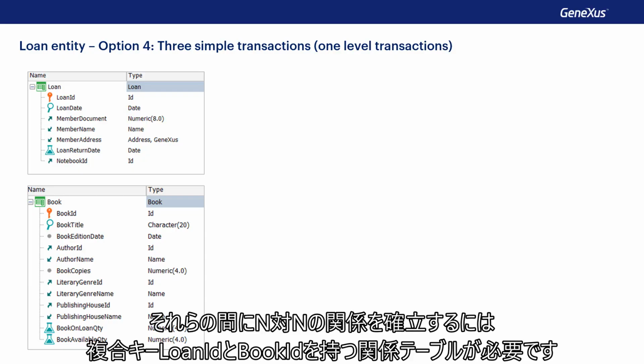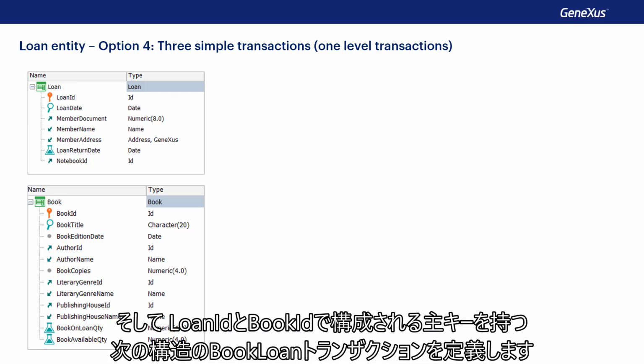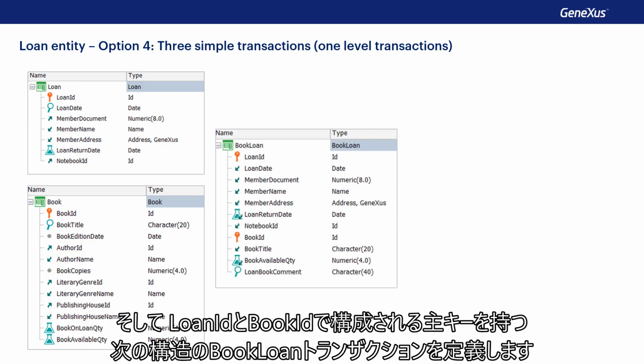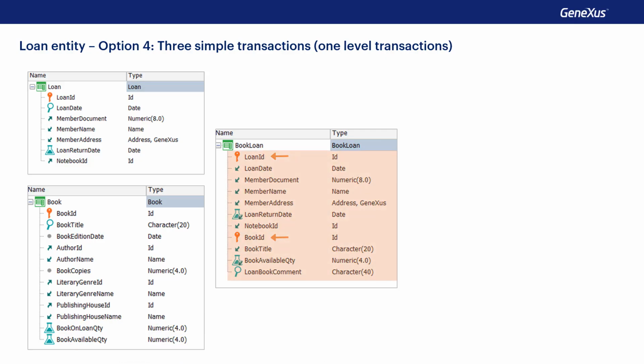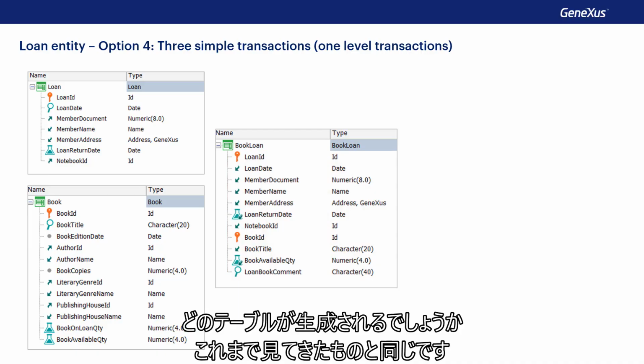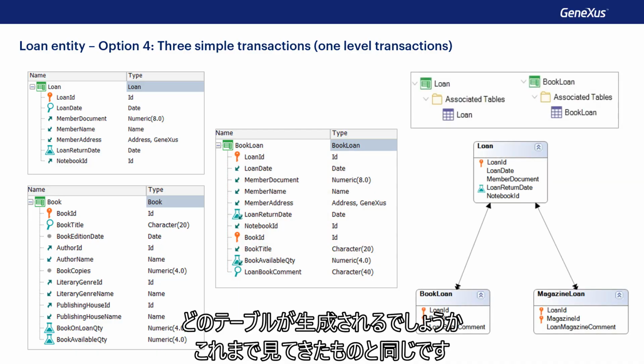For an end-to-end relationship to exist between them, we need a relationship table with the compound key, loan ID, book ID. We then define the book loan transaction with the primary key made up of loan ID, book ID, and the following structure. Which tables are generated? The same ones we've seen before.